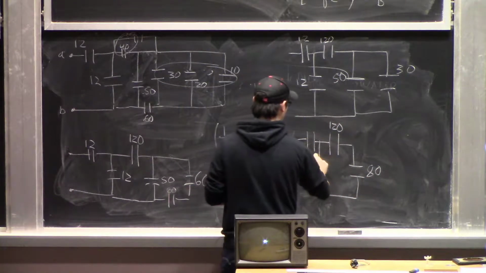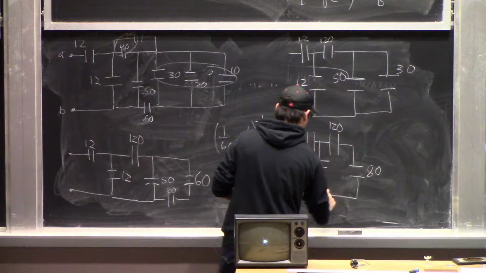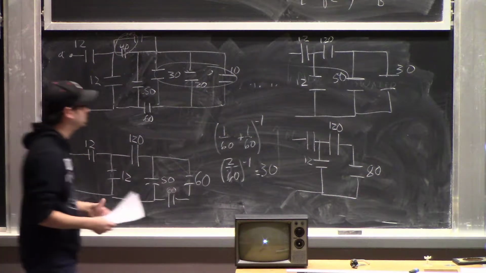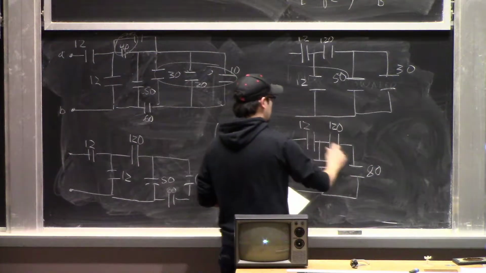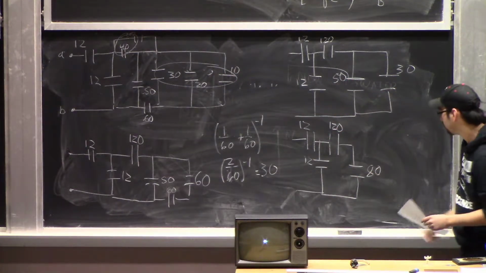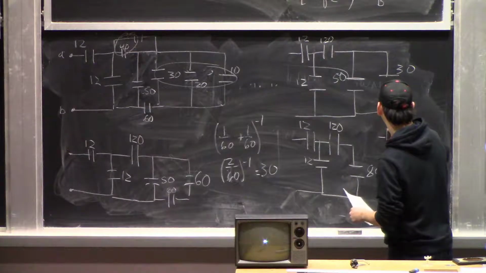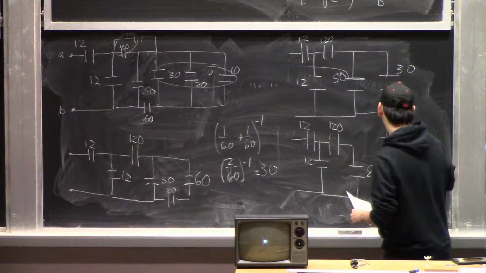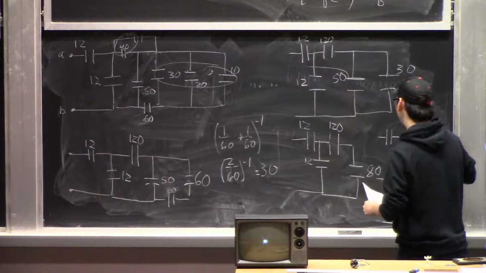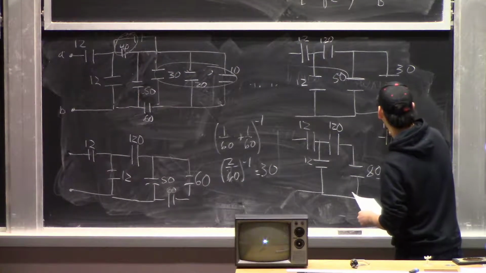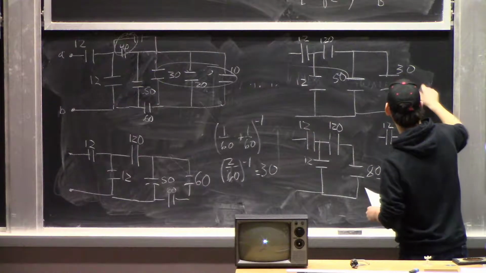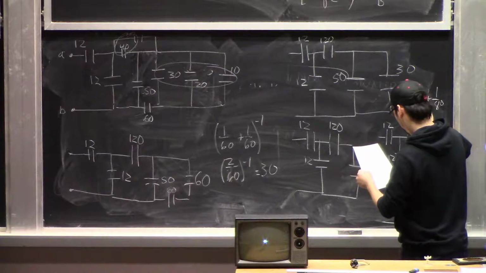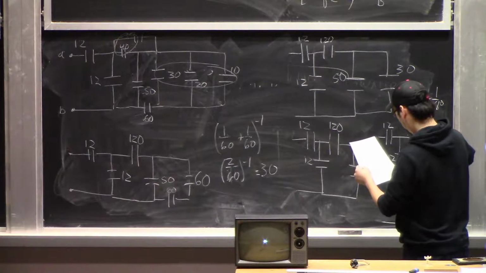This is 12. Like this. Okay. So then the next thing is to add these two together in series. So I'm going to get something that looks like this. This is 12. This is going to be a value. This is 12. This is 120. 1 over 120 plus 1 over 80, which is going to give me 2 over